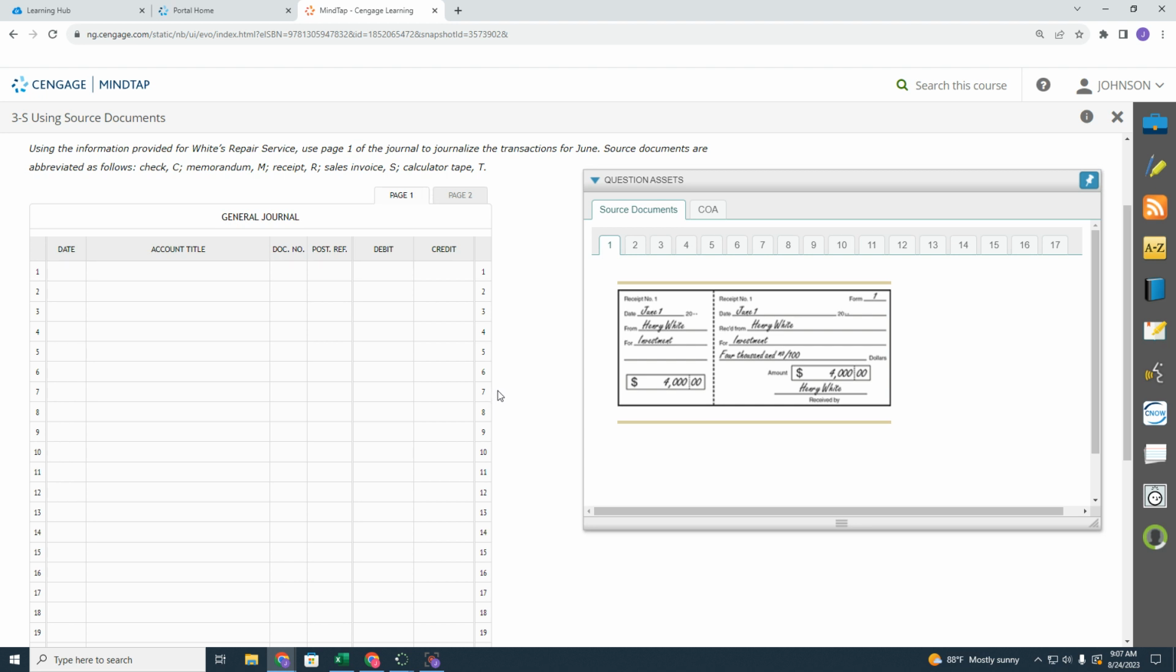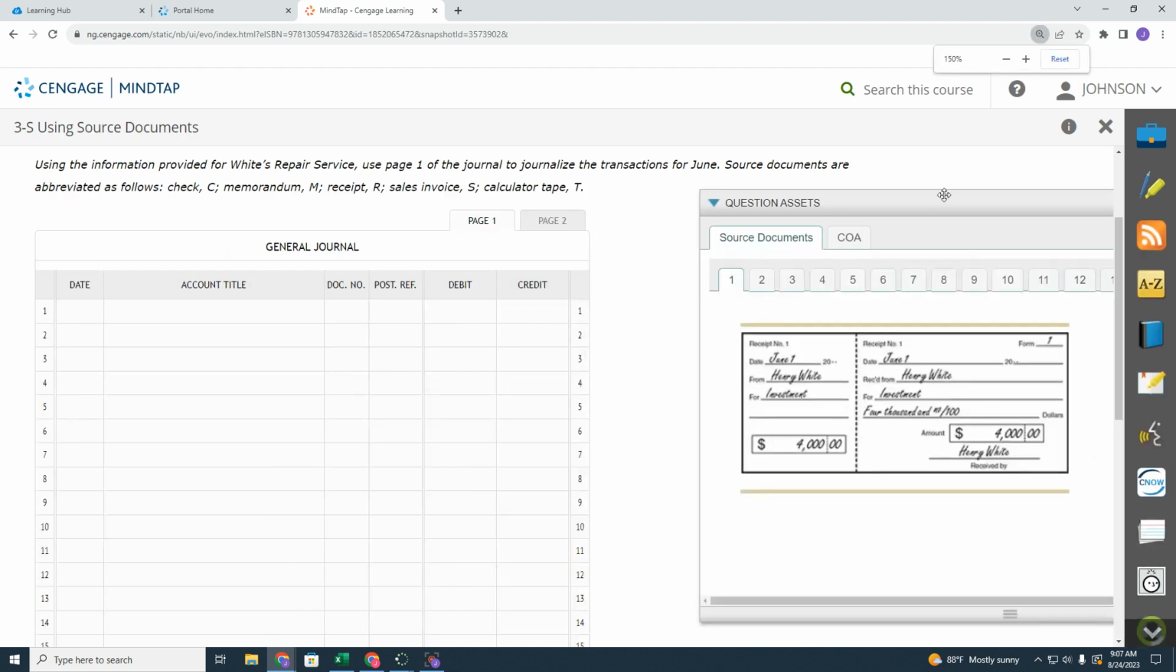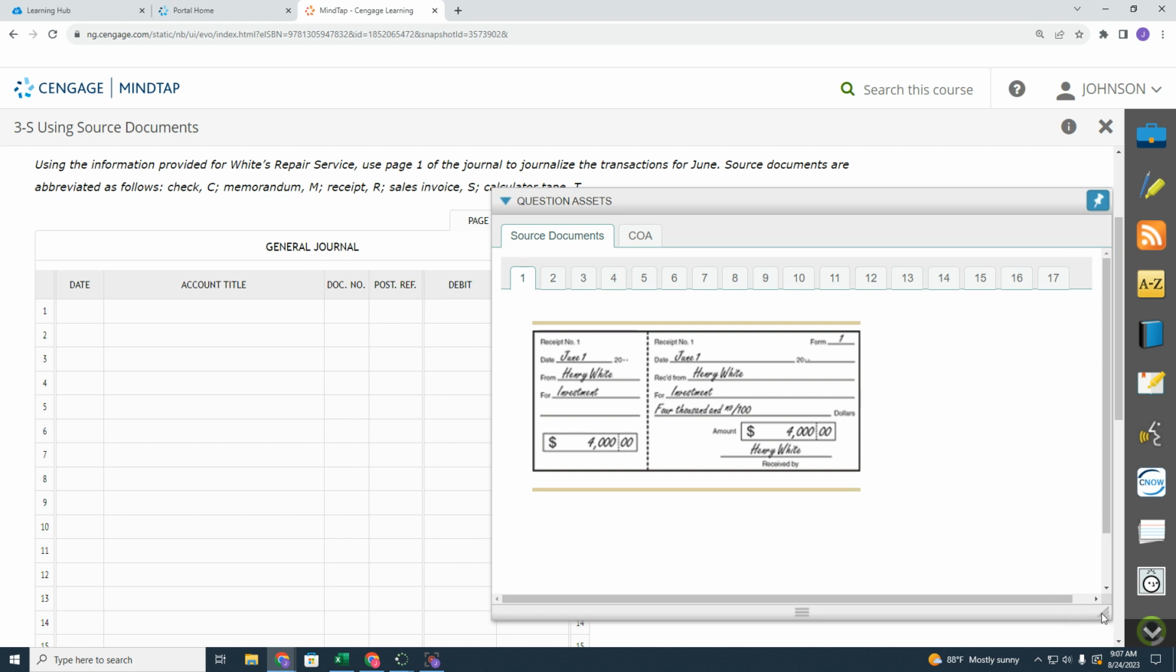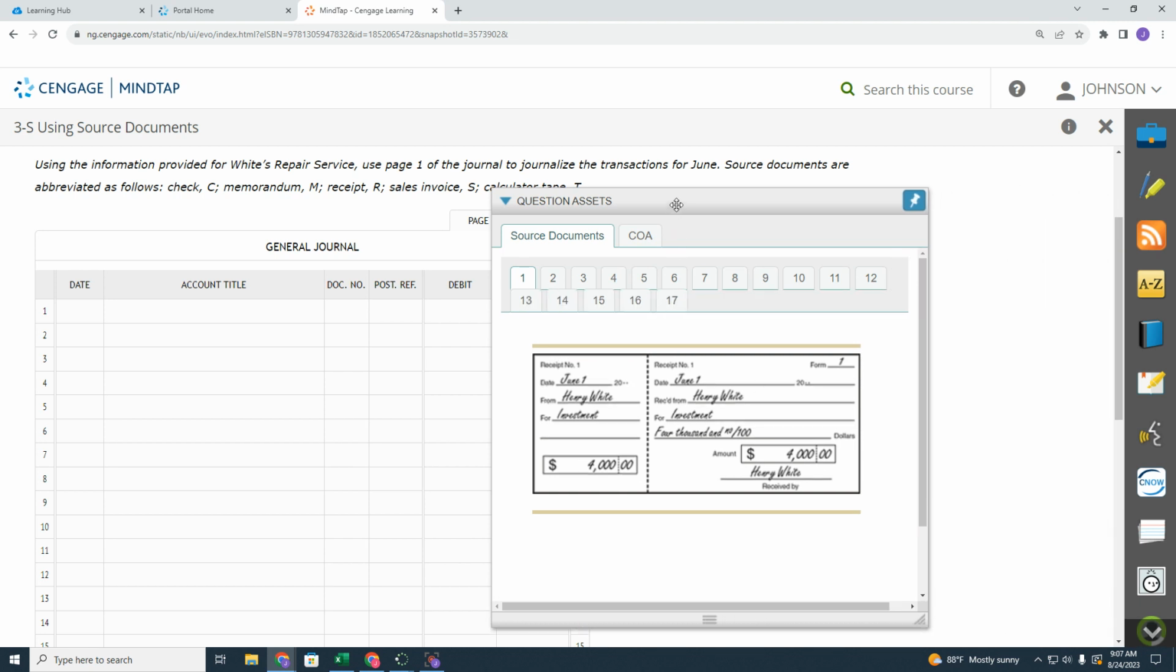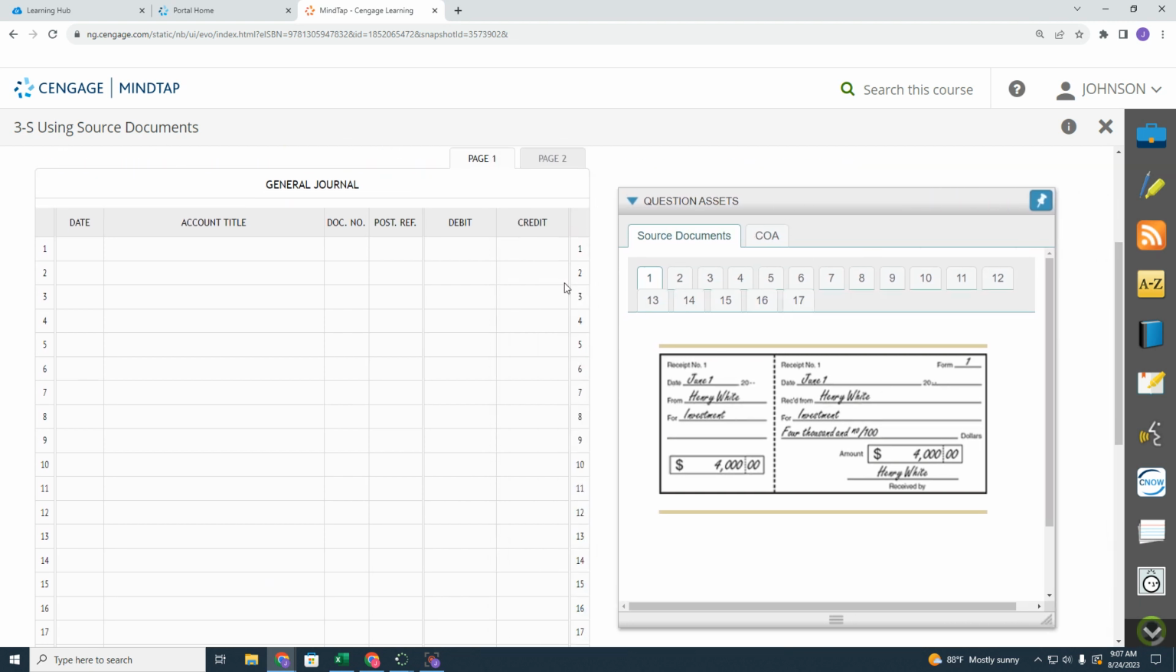So if you want, you can put my screen on one side of your computer, and then you could be working on the source documents problem at the same time on the other side of your computer if your monitor allows for that. There should be a way for you to manipulate the screen to where you can move me over to the side a little bit. All right, so this first source document that we're looking at is a receipt, and it's